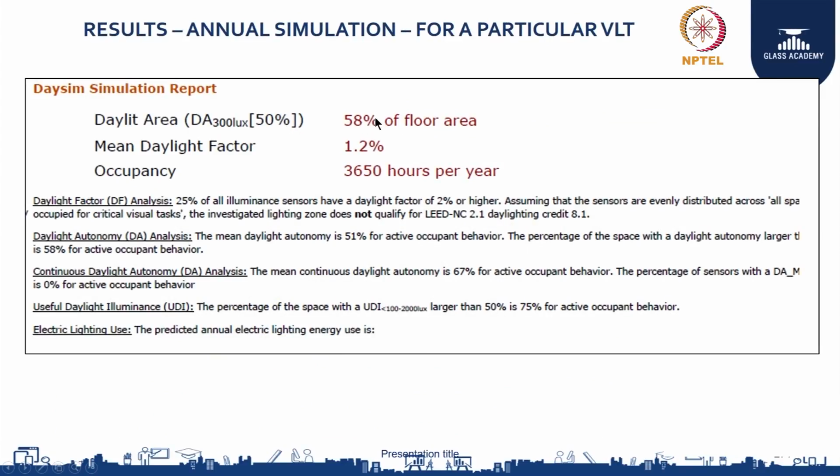So next is your annual simulation. This is quite similar, but depending upon the definition we get the output. So for example, you want the daylight autonomy for 300 lux and 50% of annual hours. You can understand how much percentage area is getting this condition. So this is an output from DaySim. DaySim is a software that will give you annual simulations. Radiance, you can use for point in time simulation. DaySim is more helpful in terms of your annual simulations.